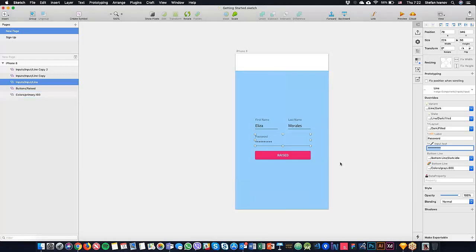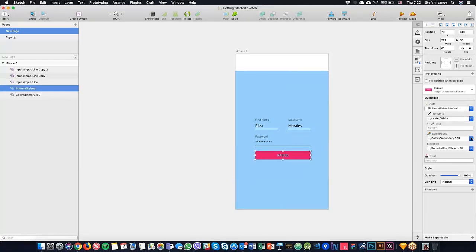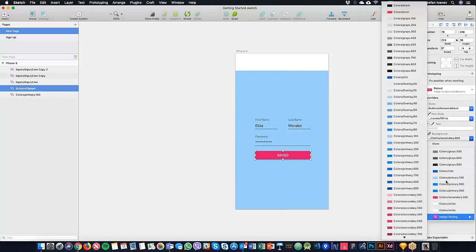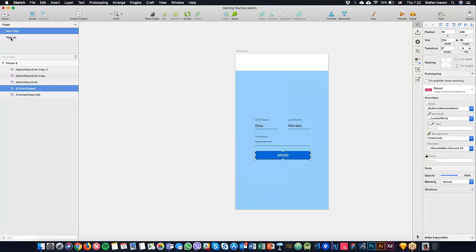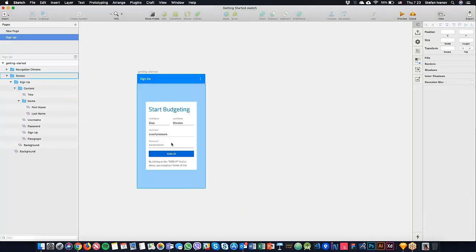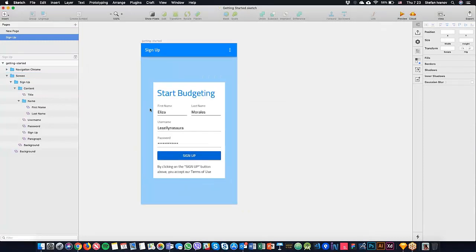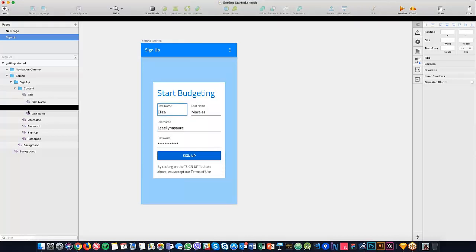So if I continue to build and style this layout, changing some colors here and there, I'm eventually going to end up with something like this, which is more like a sign-up form allowing our customers or our product users to sign up. And what you can see here is that everything is grouped in a way that will assure